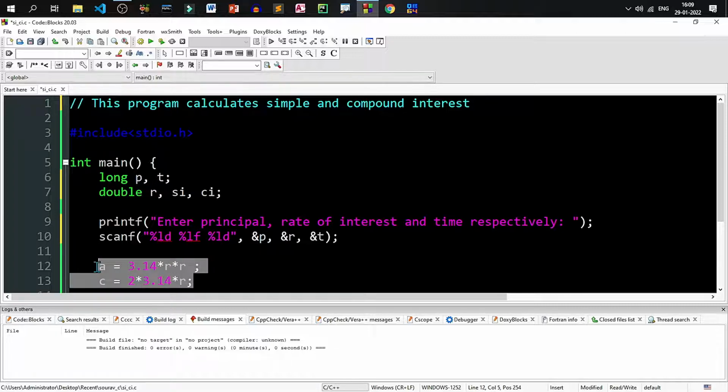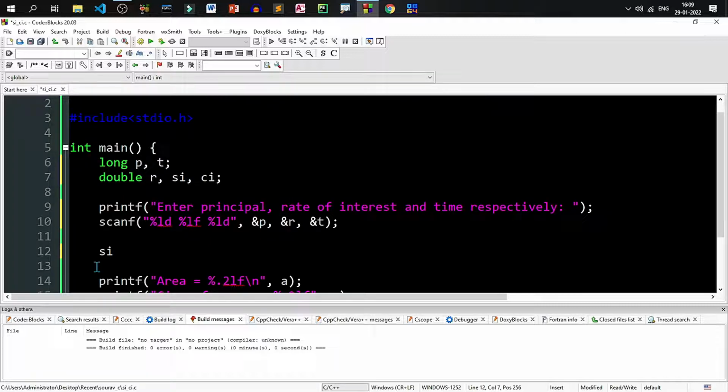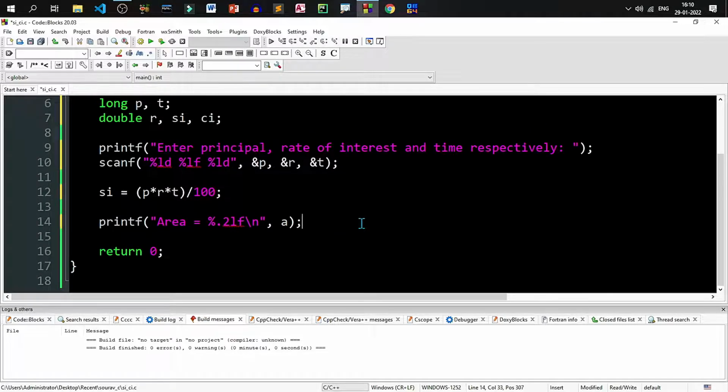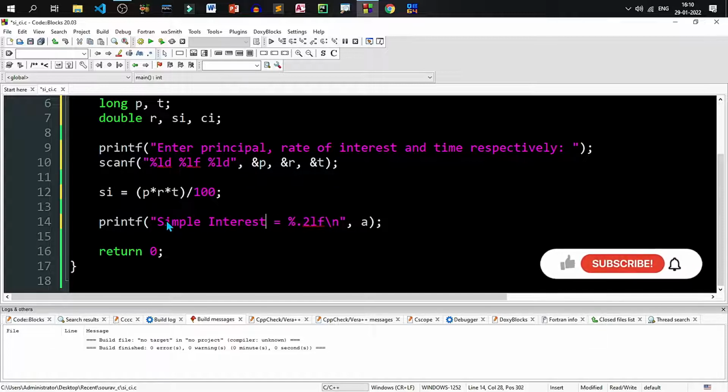So I'll remove all this, these are not needed. So I'll write SI, simple interest, and then what is the formula of simple interest? You all know. You can put a bracket, though it is not needed. You can write P into R into T by 100. So the formula is PRT by 100. So for now let us just print the simple interest. If we can print it correctly, we'll go for the compound interest. So let us write simple interest followed by %0.2lf, it is okay, and simple interest is stored in SI